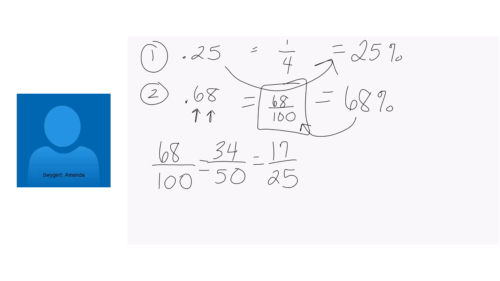Now, these numbers are no longer even, so they're not divisible by 2, but I'm going to see if I can divide these by anything else to try to get them down further. I usually check even numbers divisible by 2. Odd numbers, I try to look at, okay, could I divide them by 3? Could I divide them by 5? So I'm checking those different things. If a number ends in a 5 or a 0, it is divisible by 5. That's a good little trick. So this could definitely divide by 5 and get down further, but I can't do that with 17. 17 is what we call a prime number. There's no other factors of 17, which means this is as far as I'm going to go. So this is the reduced version of that 68 over 100. You probably need to be comfortable with both, depending on the question. Okay? So that's taking decimals and changing them into fractions and percentages.